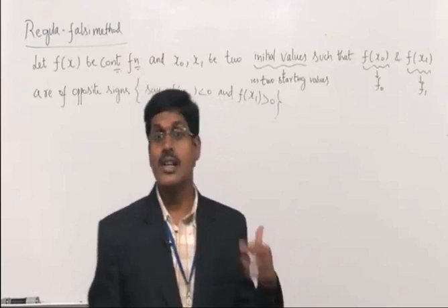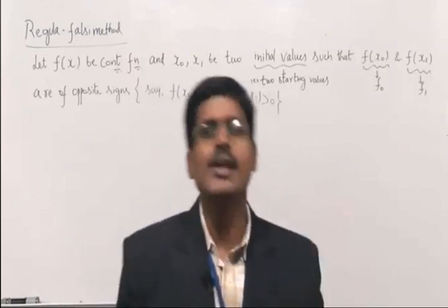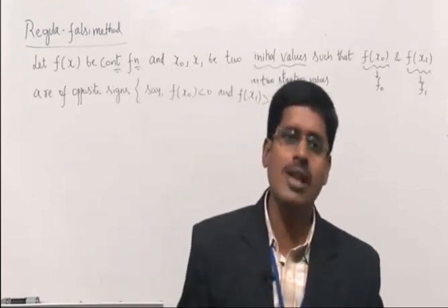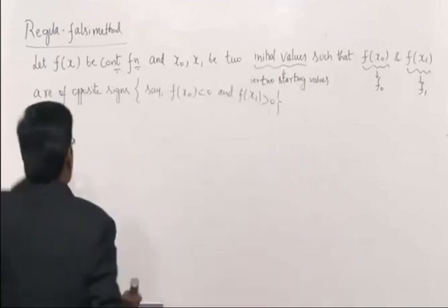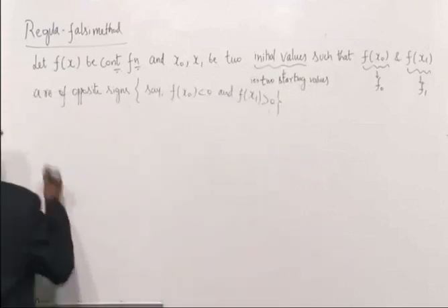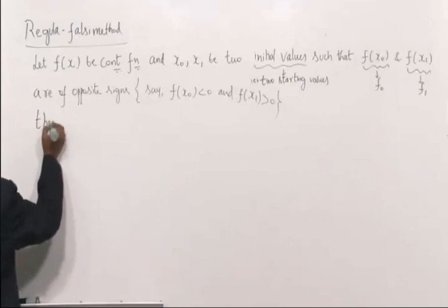But in regular falsi and secant method, we have to start with two initial approximations to the root, in such a way that their function values are of opposite signs. Then